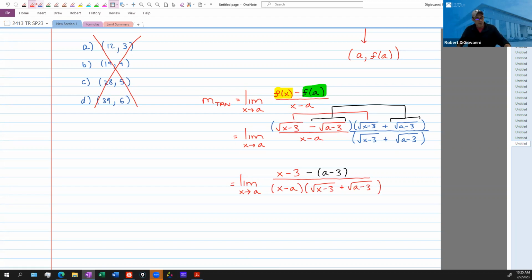And what happens upstairs here? What is all this going to become? Go ahead and distribute the negative, and what do you get? Negative a plus 3. Negative a. Okay, yeah, if we distribute, we have x minus 3 minus a plus 3. And then what happens to the 3's? They cancel, and you're left with just x minus a up top, right? Yes. And that cancels with the x minus a on the bottom,